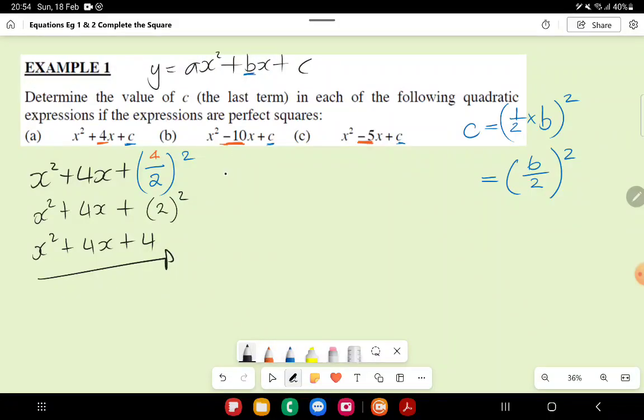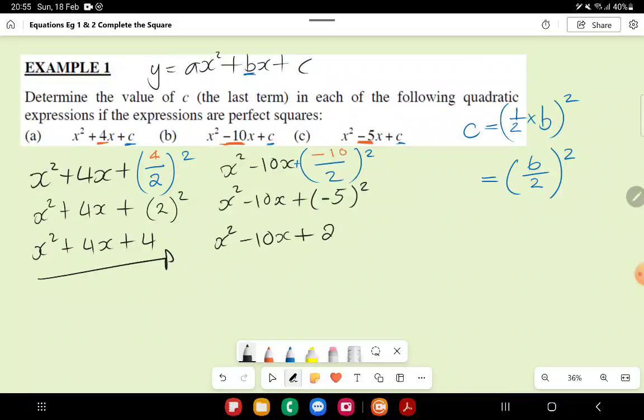B is going to be x squared minus 10x, and then we are going to put negative 10 over 2, and we square it. And we add that, right? So this becomes x squared minus 10x. Minus 10 divided by 2 is going to be minus 5, and we square that. So it's x squared minus 10x. Minus squared is plus. So that's plus 25. That's the second one. Our third one is going to be